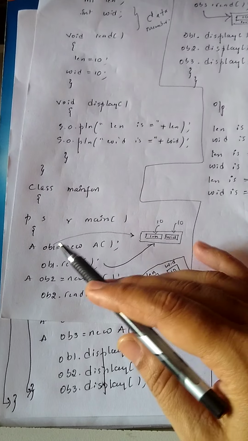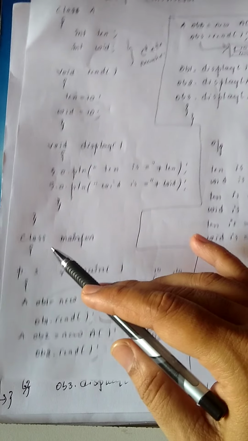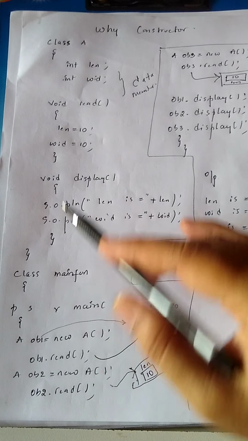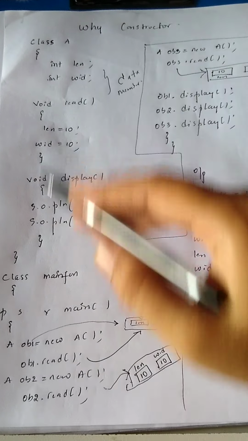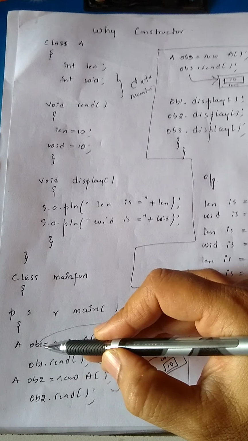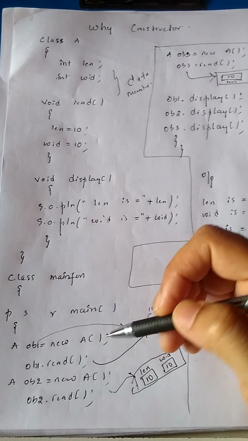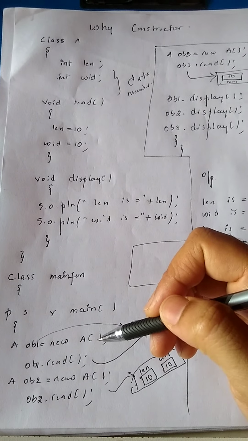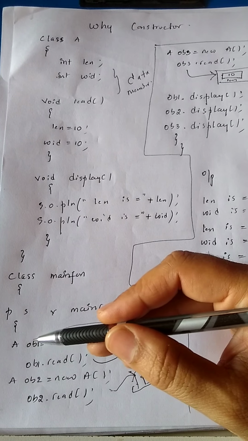There I created an object with the name ob1. I think you know how to create an object. First we have to go with the class name. The class name is A, so I wrote A. Then the object name, then the new operator, again the class name A. After creating object one,